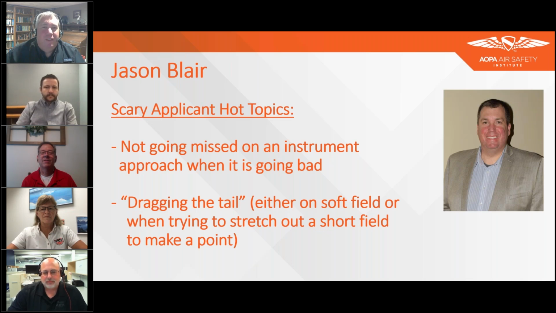So I think as we think about that decision making in real life, on the check ride, it's less likely we're going to actually run into something if we haven't gone missed, unless we're in mountainous terrain. Sean certainly sees that out west. Where I'm at in the Midwest, it's a skill thing, and building that knowledge and understanding that if we don't make a good decision, especially in instrument conditions where you can't visually avoid something, that skill is a primary skill, and it's going to transition later into their flying. And boy, that's a hot topic for me, because it means they might go kill themselves later, and I really don't want to be the guy that signed them off if that's the skill base that they're working with.